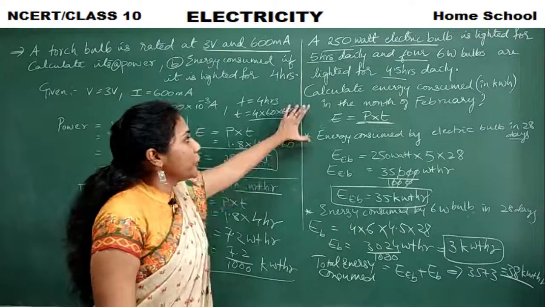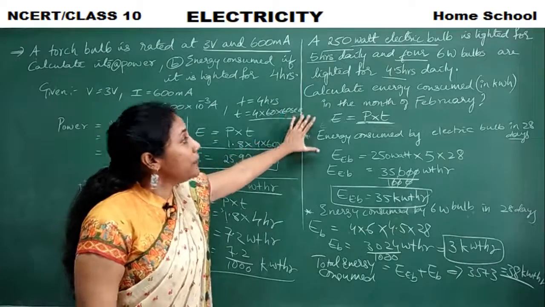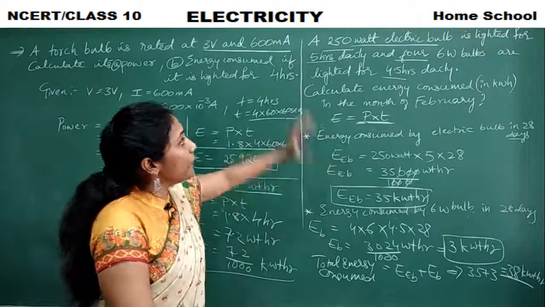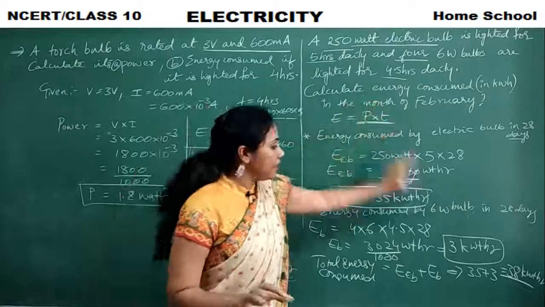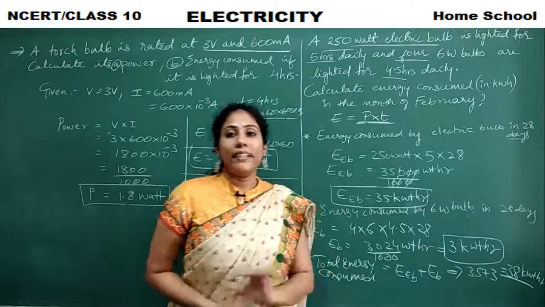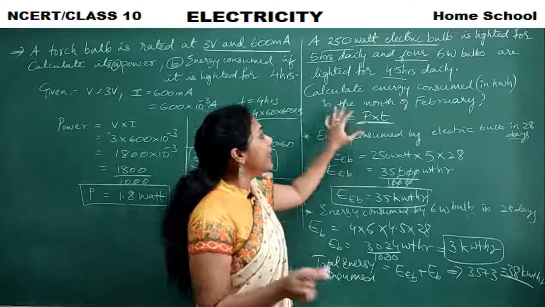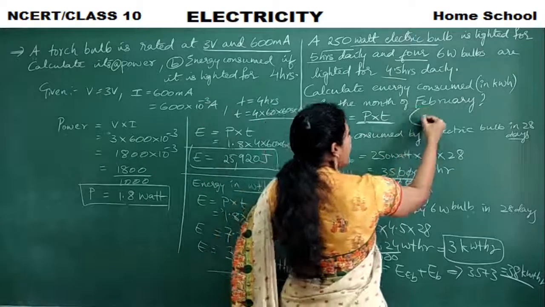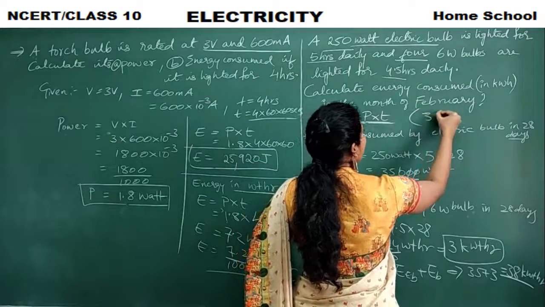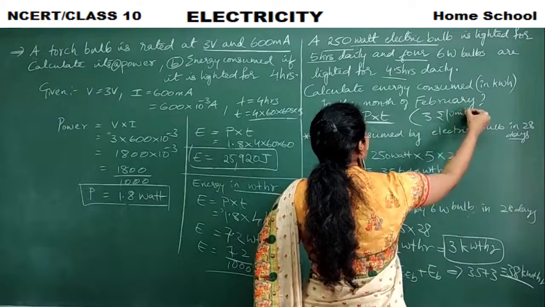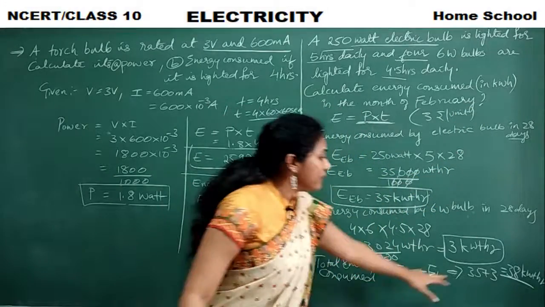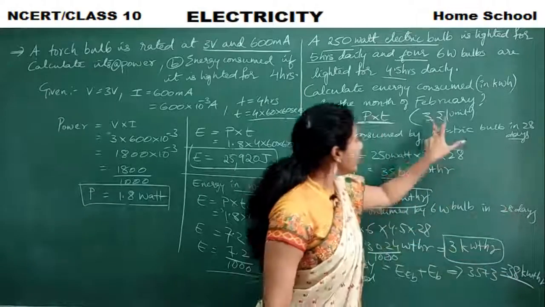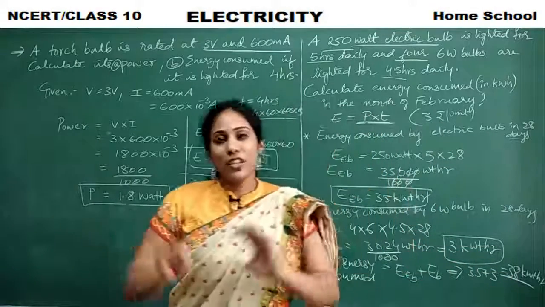Okay. So what is the total energy consumed in the month of February from both the electric bulb and the normal bulbs, that is 6-watt bulbs? It is 38 kilowatt hour. Say in case they have mentioned the cost of each unit is 3 rupees per unit. What is the total cost of this energy if they ask? Energy 38 into 3, if you do, you will get the total cost.